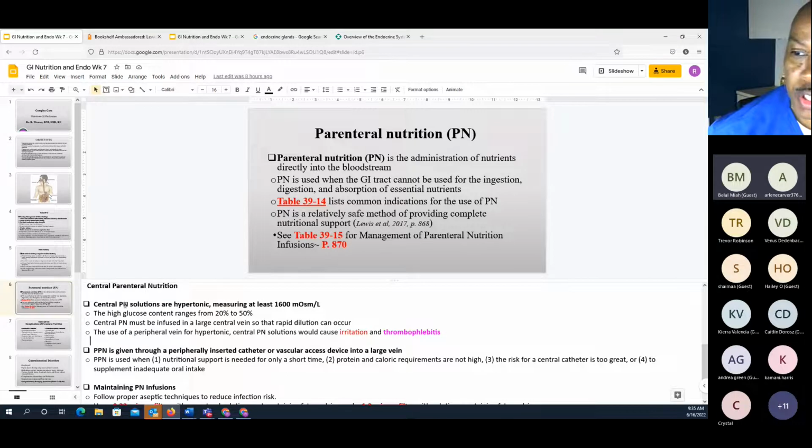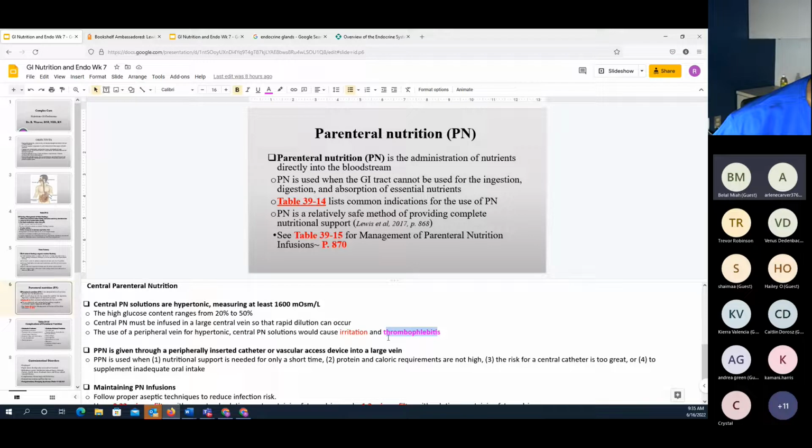Yeah. So with central TPN, the glucose content is 20 to 50%, or it measures 1,600 milliosmoles, I guess. But if you try to infuse this very hypertonic content through a central line into a peripheral line, it will cause irritation and also thrombophlebitis. So if you only have a peripheral IV line, but the TPN says central line only, do not give it. The physician will either have to come up and put in the central line, or they'll have to change it to